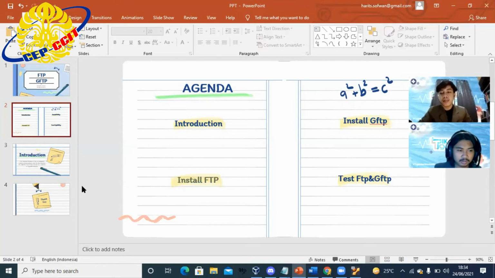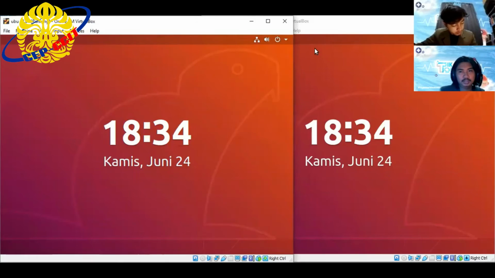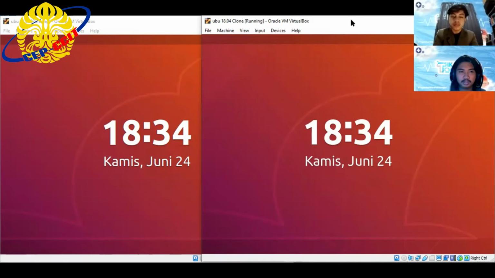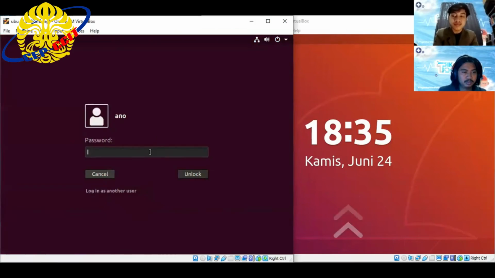Let's go to install GFTP. This is the Ubuntu server on my left, and on my right is the client. Let's go to install GFTP on the server.